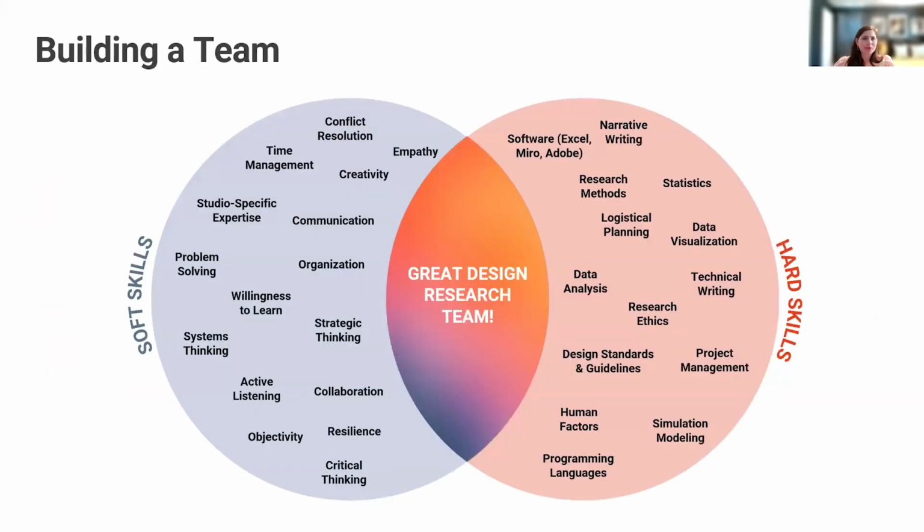All right, so we're ready to build a team. Who do we want? Ultimately, a great design research team represents a variety of hard and soft skills. Again, I won't list everything and it's not intended to be exhaustive, but I'm going to point out some of the ones that I consider most important. From a hard skills perspective, logistical planning is really key. Running any sort of stakeholder engagement or a study is effectively the same as running a big event. So you need someone who's capable of doing that.